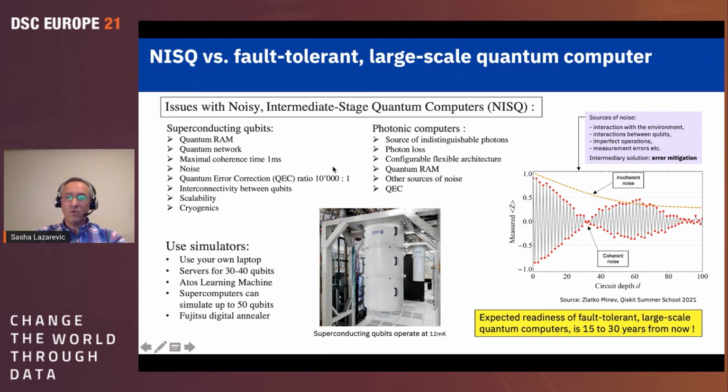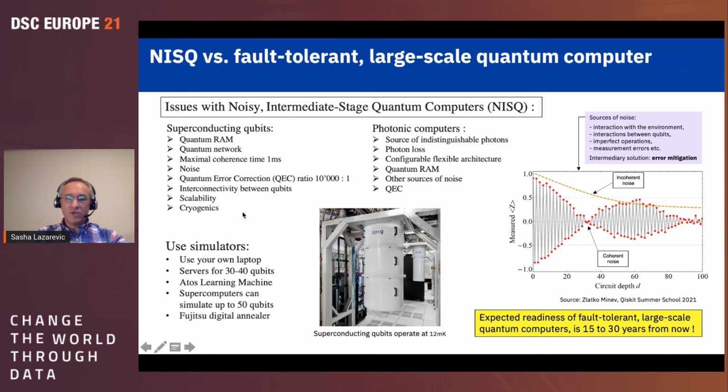So even 1 million qubits with photonic systems, they also have problems. Photons are different, and photons are being lost. There are some other sources of noise. So basically, that's what can really create results that you don't expect and that are completely wrong.